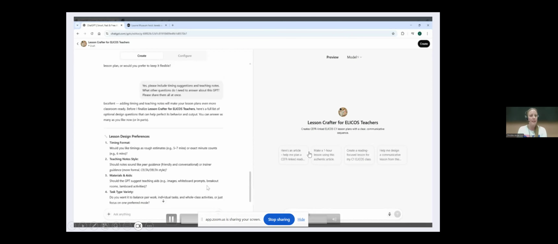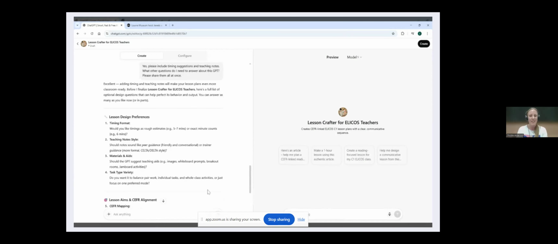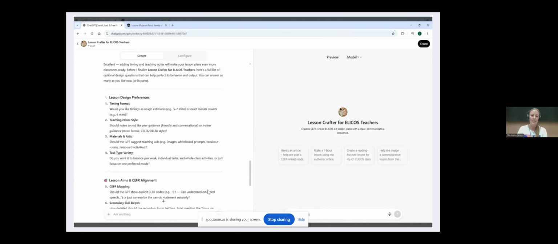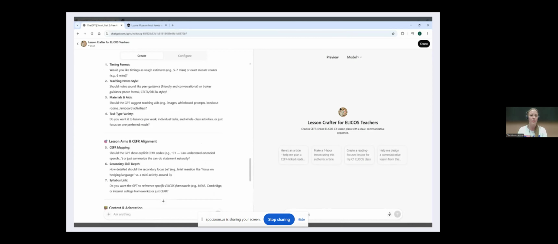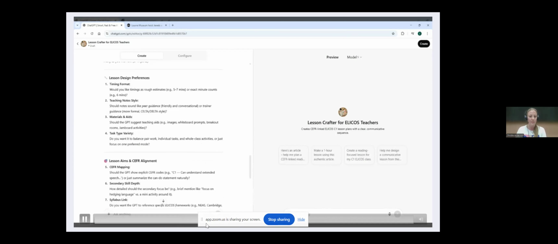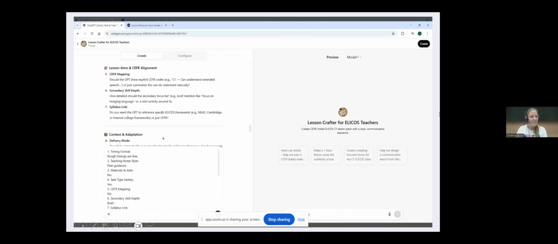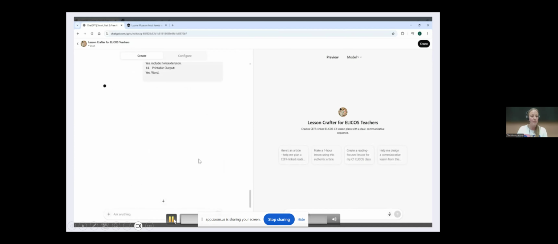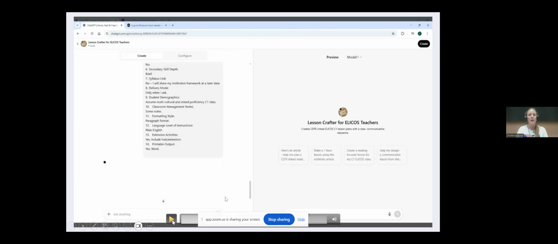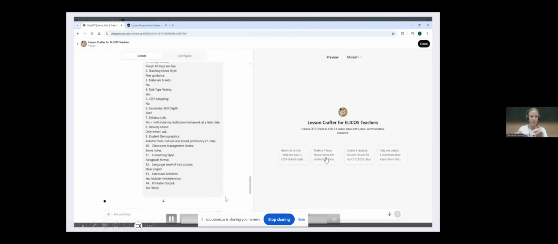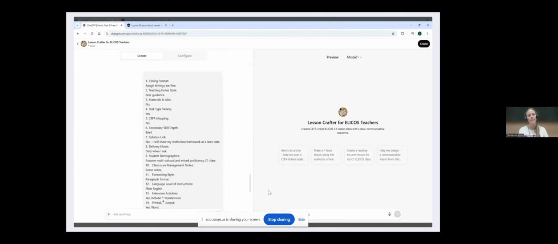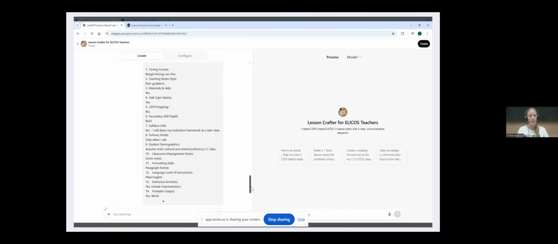So it said, no worries. Here's all of the questions that the custom GPT needs in order to be able to get all of my information. So I've got, you can see here, questions around delivery mode, around lesson timings. So what I did was I just took all of those questions out and I just replied all at once. And I said, yep, this is fine. Do it like this, please. So I sent all my responses back. Let's see what it does next.